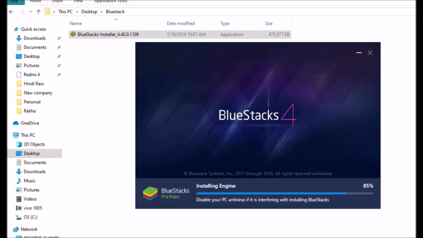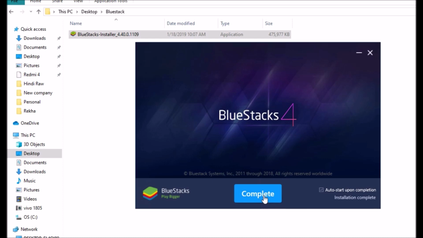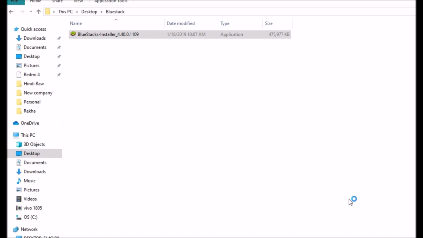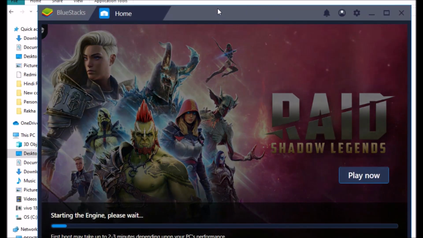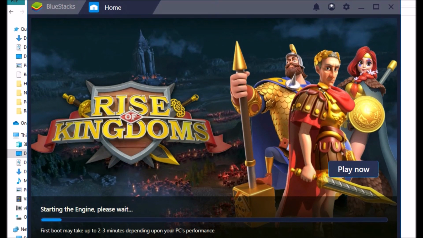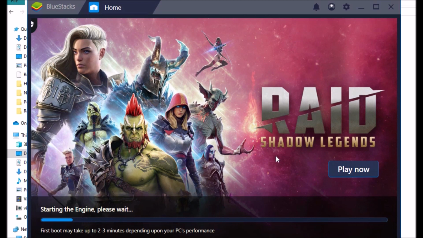So the installation of the BlueStacks engine is going on. It is about to complete. Now installation is over. So once the installation part is done, you can see the screens, which are mainly made for gamer purposes.